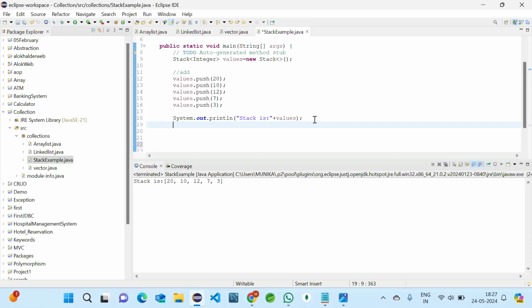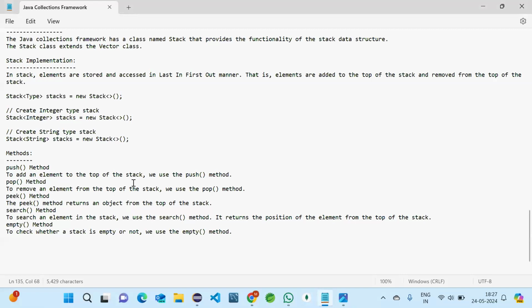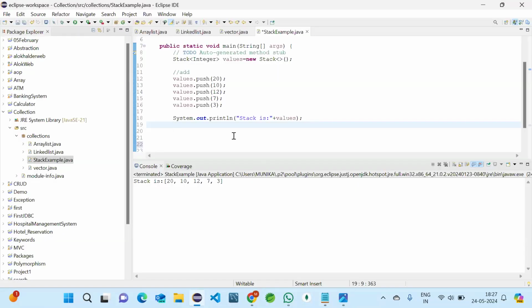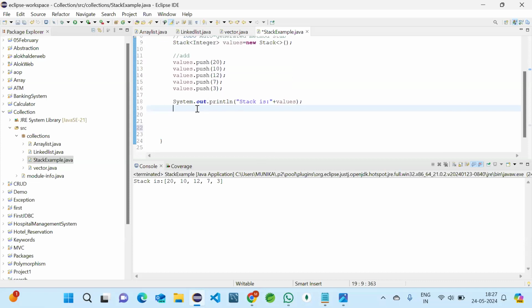So now we'll see the second operation, pop. As I said, it is last in first out. Can anyone guess, if we do the pop operation, what will get deleted first?